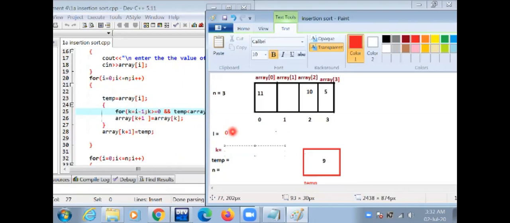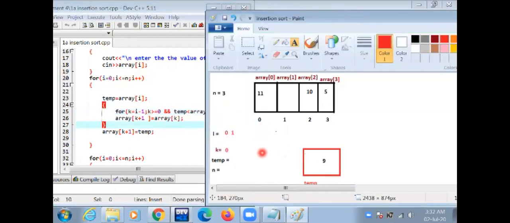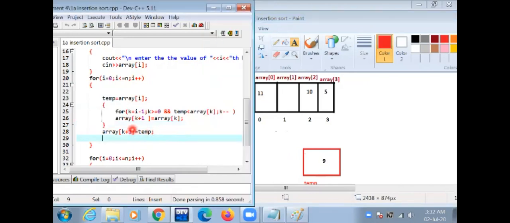The value of i is 1 and i minus 1 equals 0. The condition k greater than or equal to 0 is true. The condition temp less than array k is true. The value of k is 0 and temp is less than array k. The condition is true. Then execute this loop,